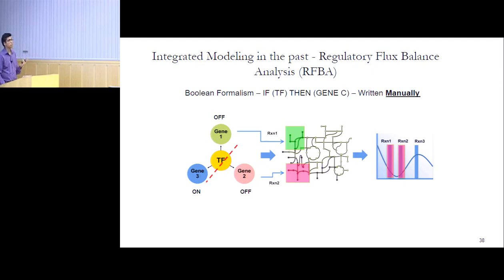There are two main issues with this. One is that gene regulation is generally not binary. It's very rare that you would find cases where, when you knock out a transcription factor or turn it on, a gene becomes either completely active or completely inactive. It's usually more nuanced. Another issue is that you need to write these rules manually. It's fine if you're playing with a toy model, but for systems like even E. coli or yeast, where there are thousands of regulatory interactions, it's really hard to write these Boolean rules manually.